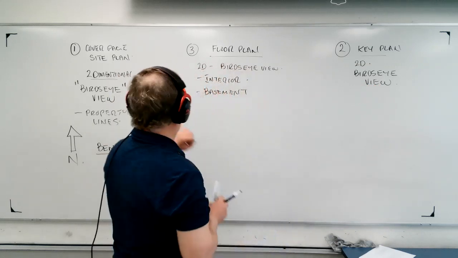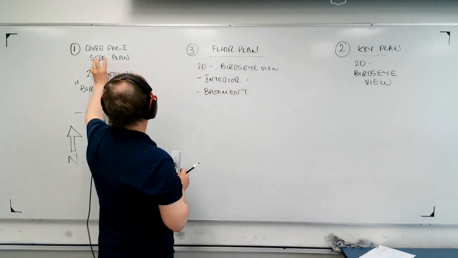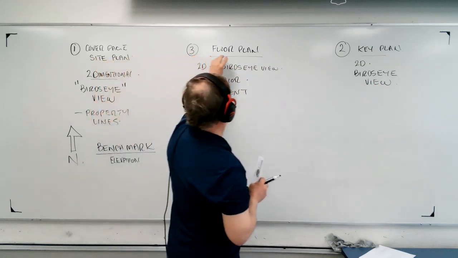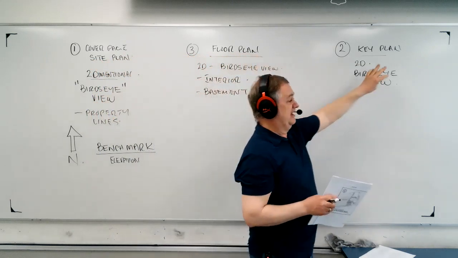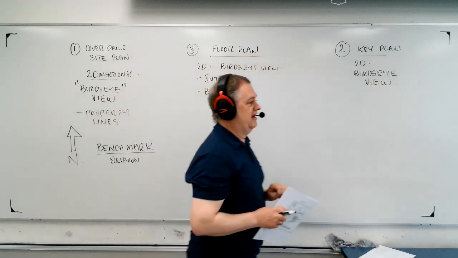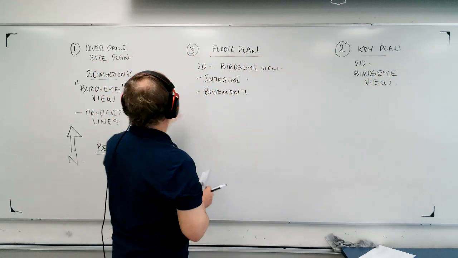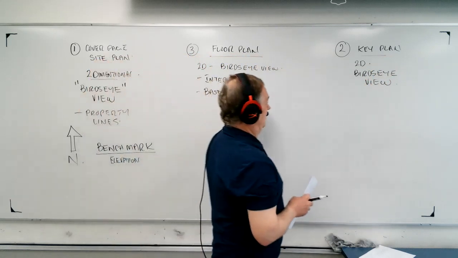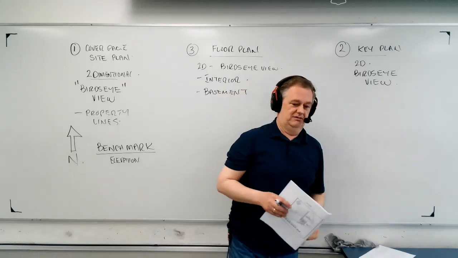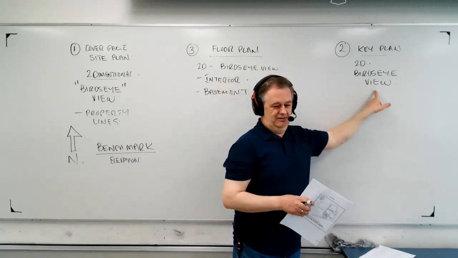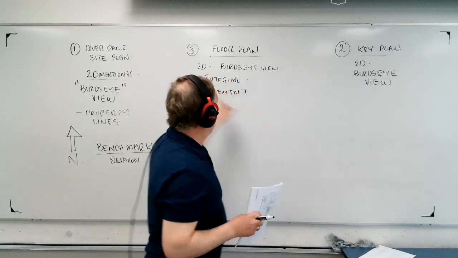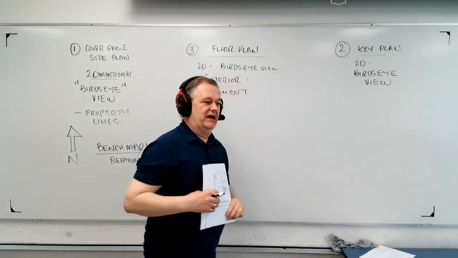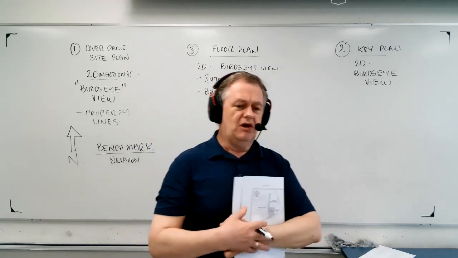So in other words, you can have an architectural site plan, an architectural floor plan, and an architectural key plan. And then a few pages later, you can have an electrical site plan, an electrical floor plan, and an electrical key plan. Well, maybe not the key plan, but definitely site plan and floor plan, because what happens is,